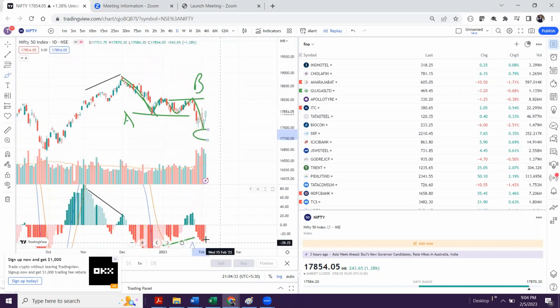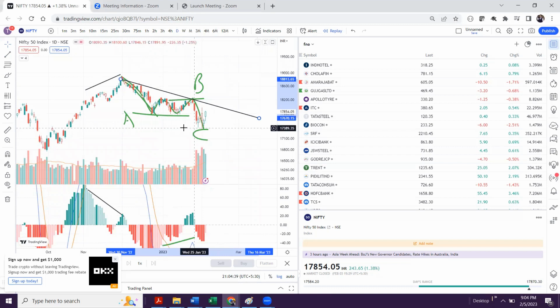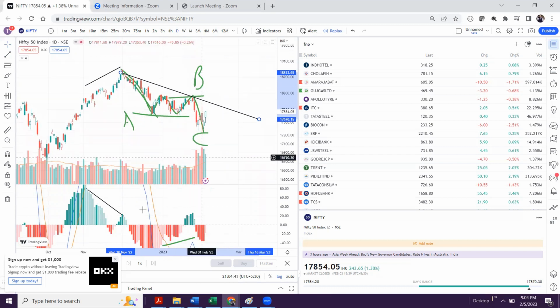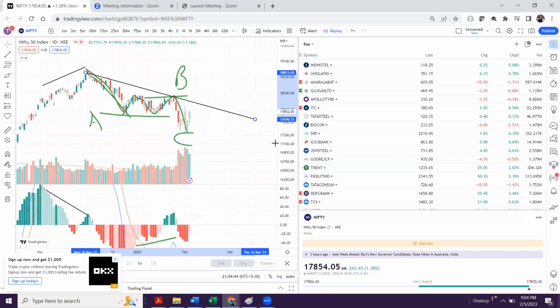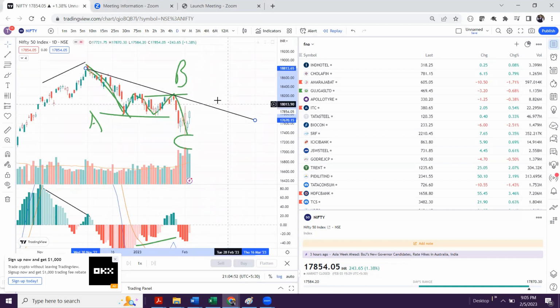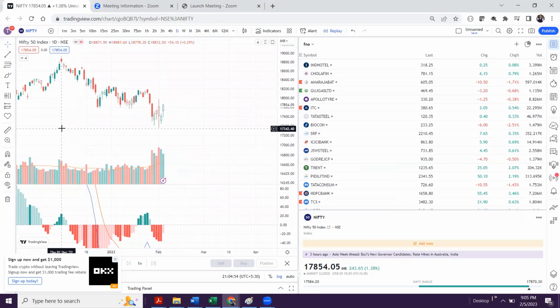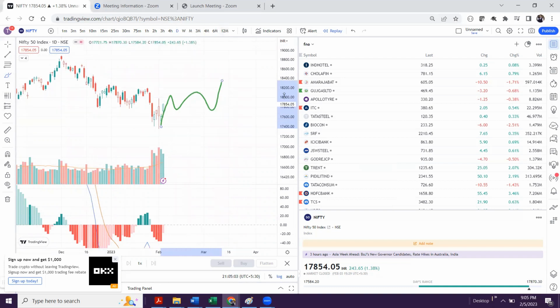Now, if you label this as ABC, which means this can be a final wave, and we can draw this trend line at this moment. Now, after ABC, we expect an end of this structure and the start of another structure. What are the possible structures that can be formed? Either it can be a three-wave correction to the upside, or a five-wave impulse to the upside.